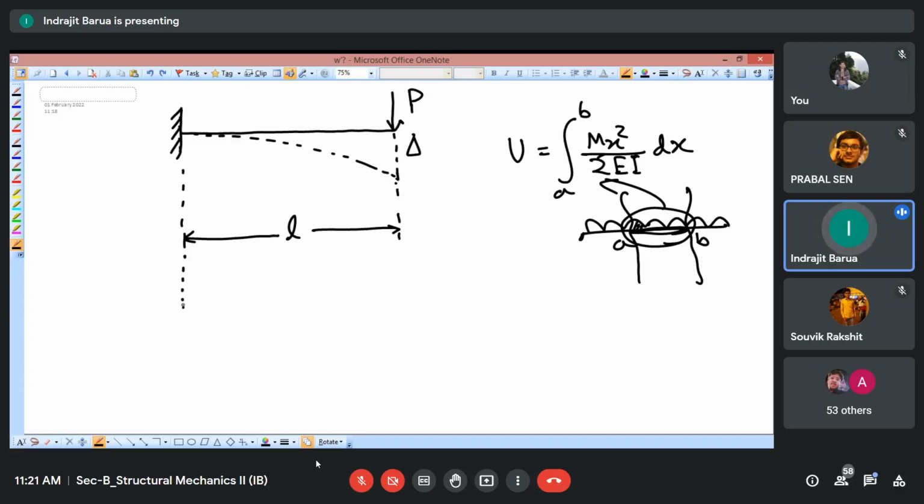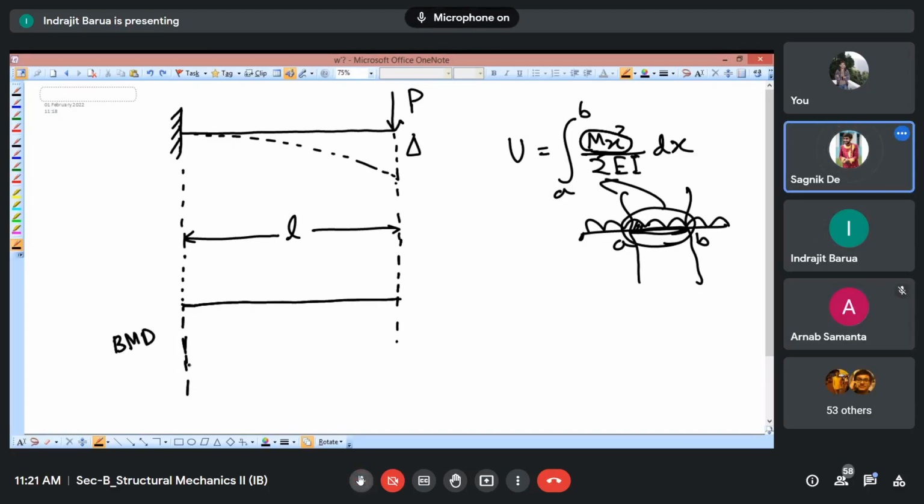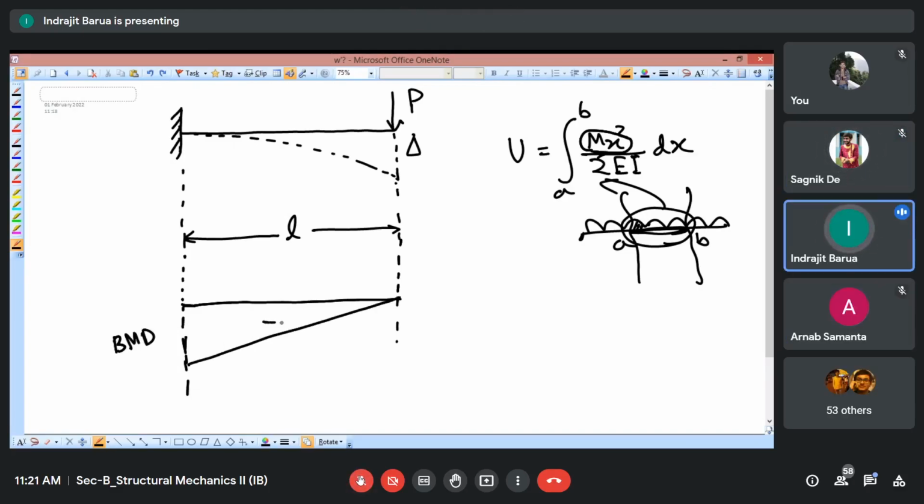That's it. So for the bending equation, I need to put this Mx into my equation. So I need to know the generalized equation for the bending moment. Obviously we know how the bending moment diagram will look. Triangular, yes, something like this, negative. For a generalized equation, I need to put Mx from any side. I can take x from this side, but then I will be taking care of two different cases. Here I'll be getting M into x, and with respect to that, I will be having both equations.